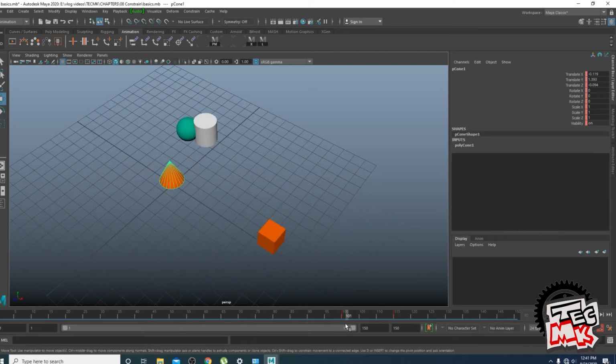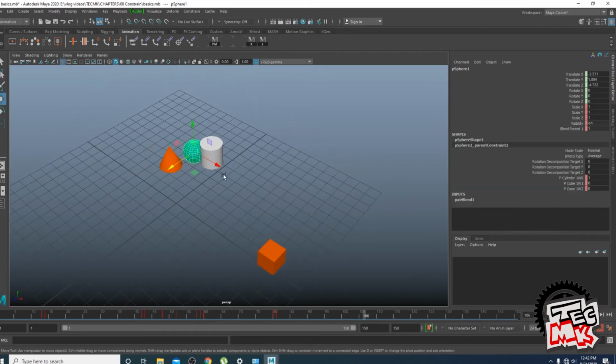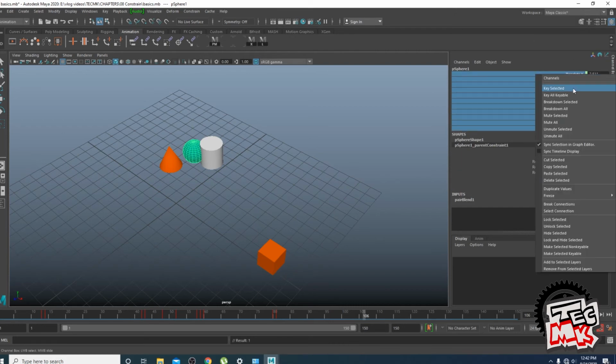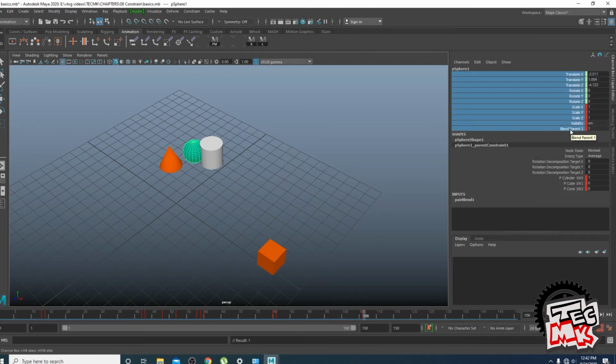And then we want to take control from, say for example, 106 is fine. So come here, key this thing, key selected. This also, for the purpose of our convenience, we will key selected, though we are not switching off the blend parent to 0 at any given point of time. But now you see here, the cylinder has full effect on the sphere. Neither the cube nor the cone has any control over it. Then we'll go to the next frame and we'll make the effect of the cylinder 0. Cube was already 0 and the cone we will turn to 1.